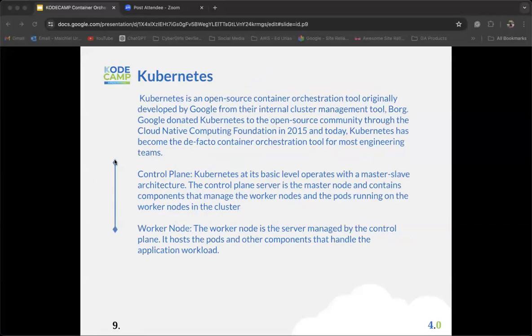Okay, so Kubernetes is an open source orchestration tool which was originally developed at Google. It was used internally for the management of their container clusters. Back then it was known as a tool called Borg. But Google donated it and made the platform open source around 2014, and it was then adopted by the Cloud Native